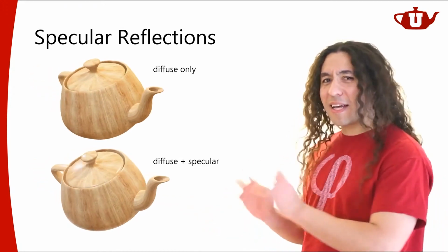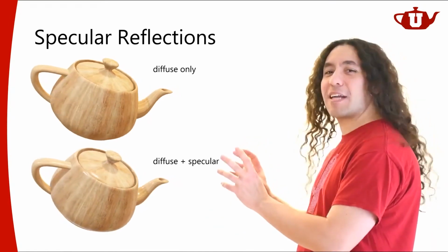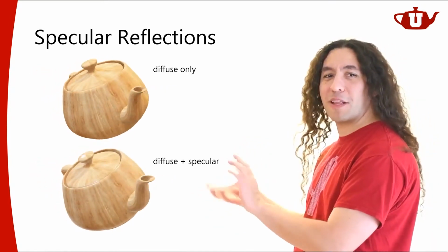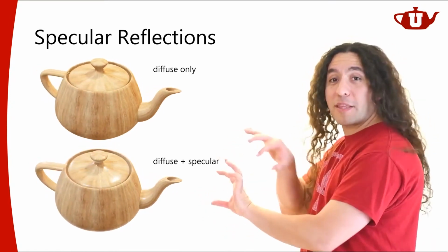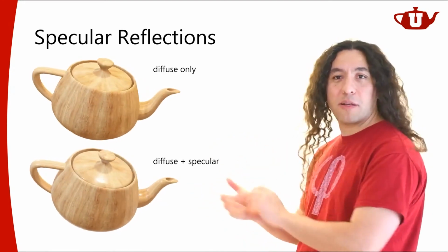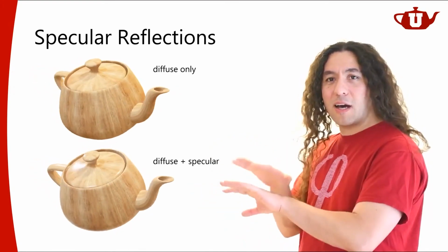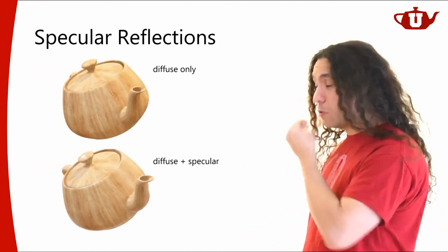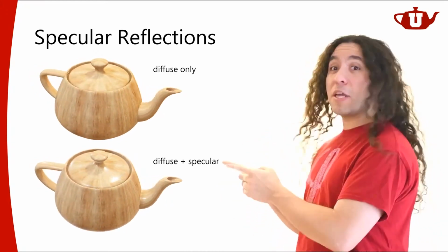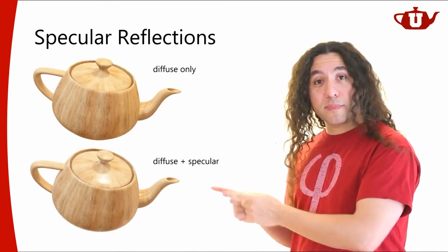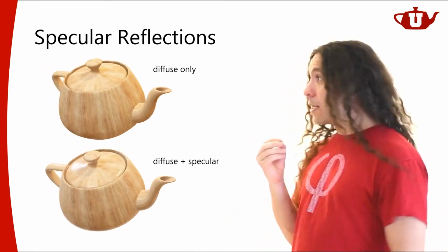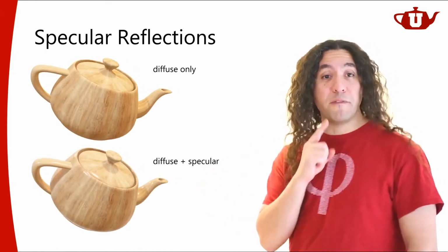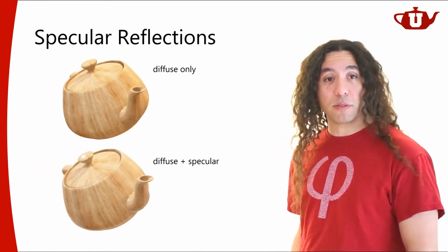I mean, they're kind of staying exactly where they are, and the teapot is rotating. That's what it looks like. But on the teapot, they're moving because the teapot is rotating, right? So they're not attached to the teapot. That's what they look like. And there's a good reason for it, because where you see the specular reflections depends on where you're looking at it from. So your view direction becomes very, very important.